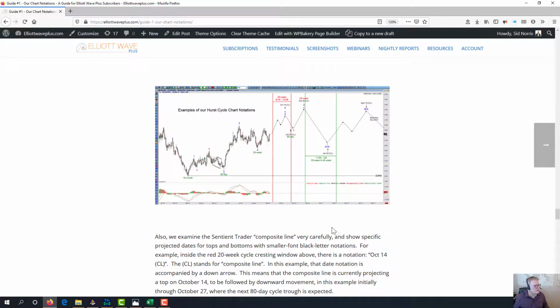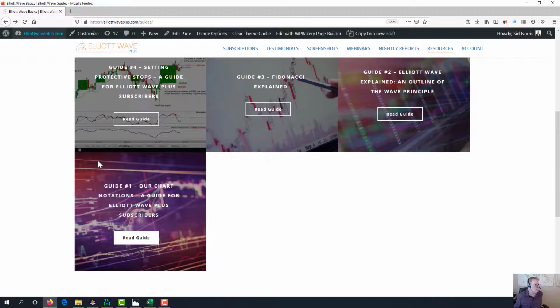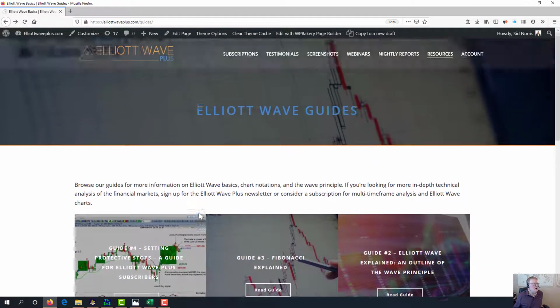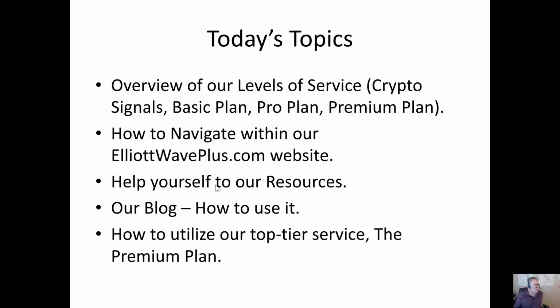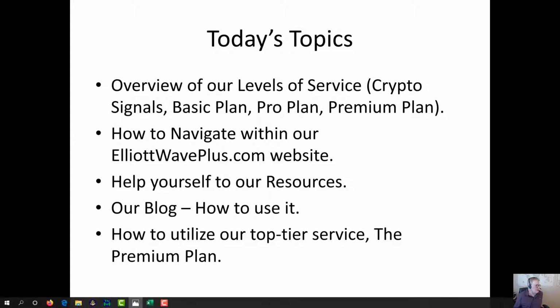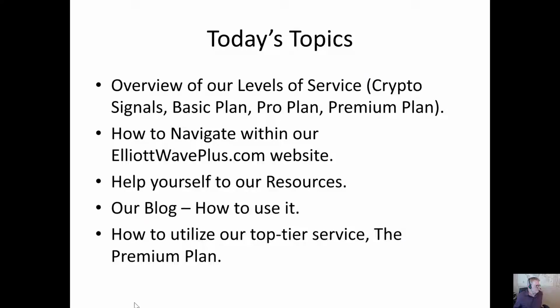So it talks about Hurst cycles and how I show that. In this example, a 20-week cycle peak is due, and a 20-week and a 40-week cycle trough are due down here, and also what the composite line is suggesting. So this is also a very important document for learning what my notations on my charts actually mean. So all of that's available in the Resources tab, and I quickly want to jump over to the website